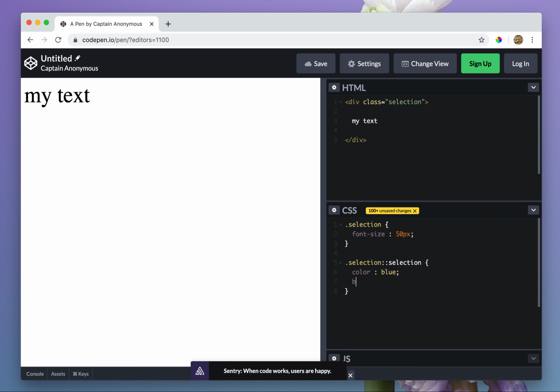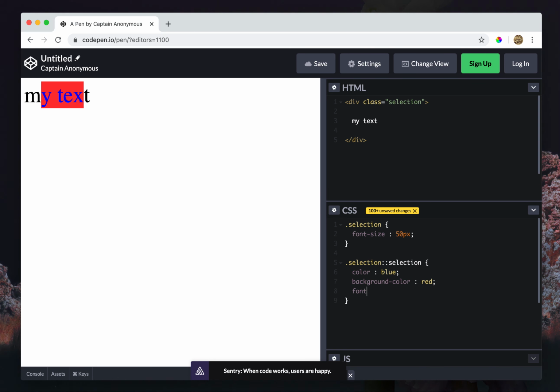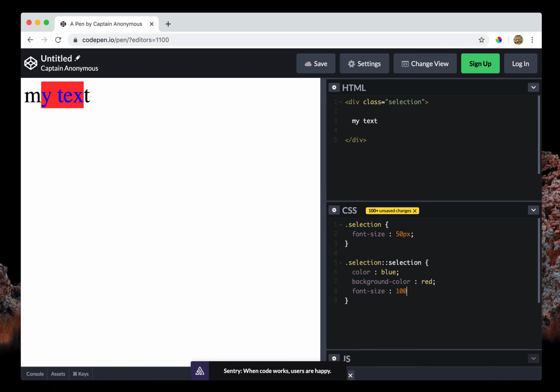You can also change background color red and do things like that. If we try like that, font size, something like that, not everything's going to work. Okay, you think it's going to work, but you can certainly do some fun things with it. Also, remember here you can actually have